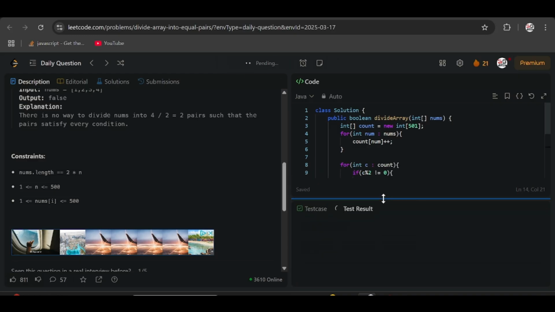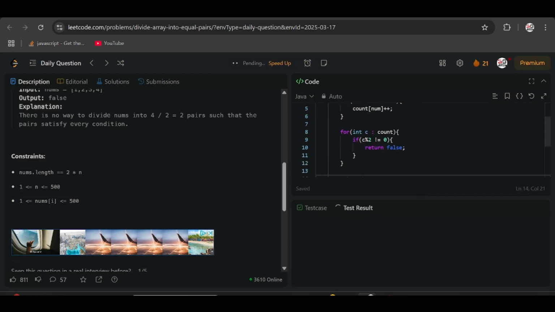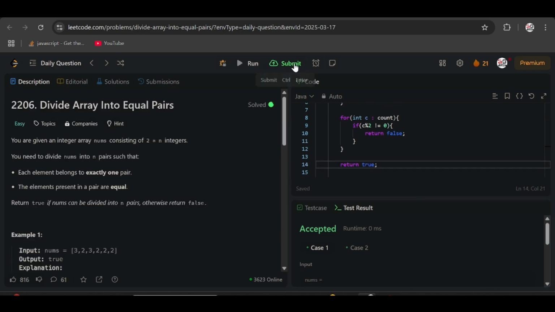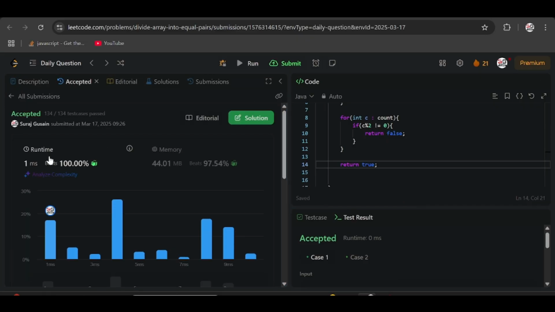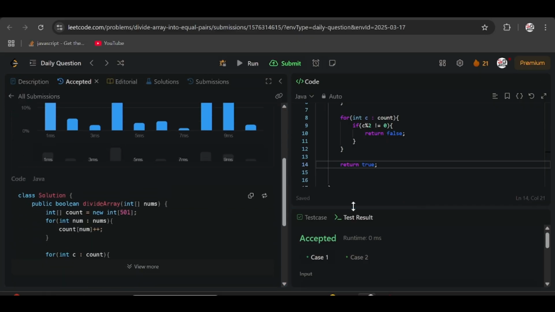So let's just see the test cases. The test cases have been passed. So yes, our solution has been accepted. So that's all for the